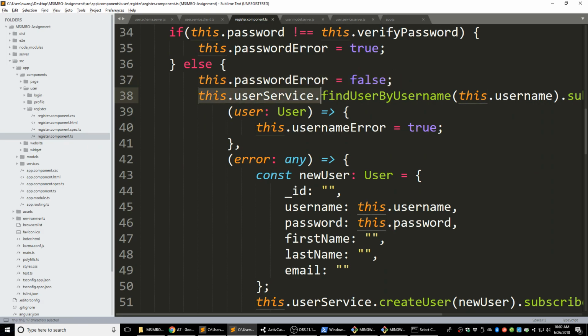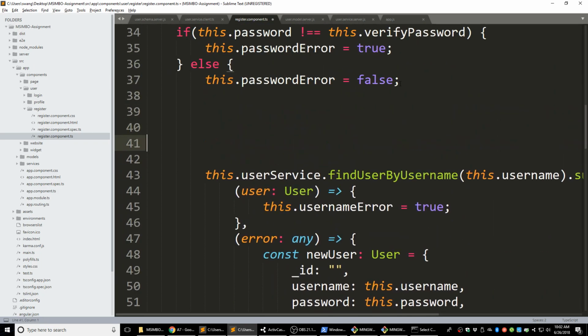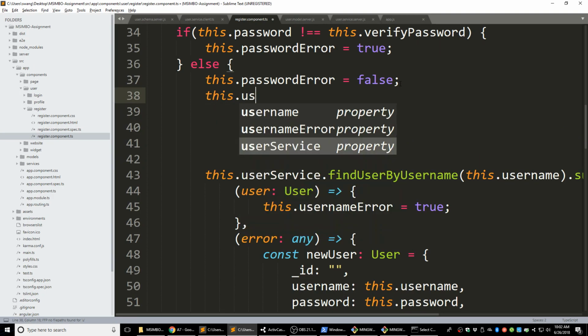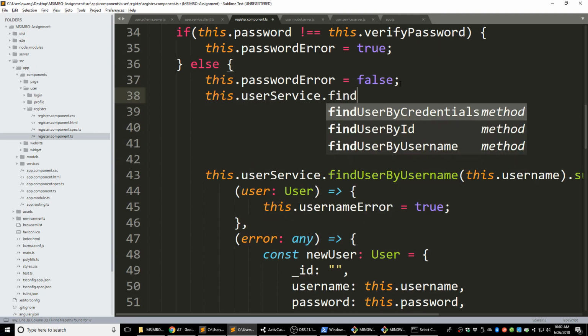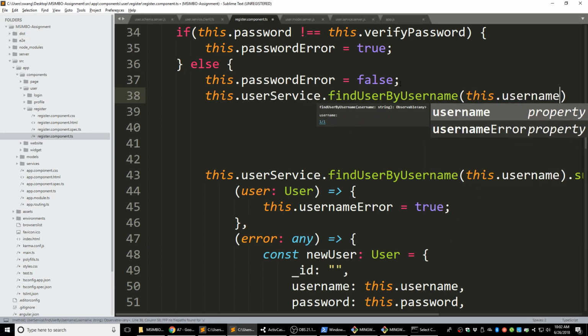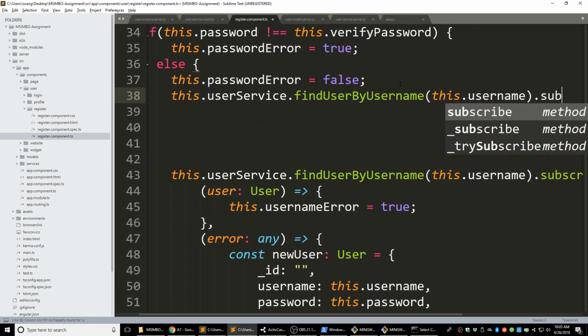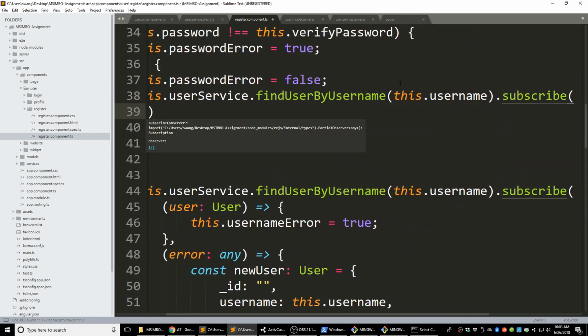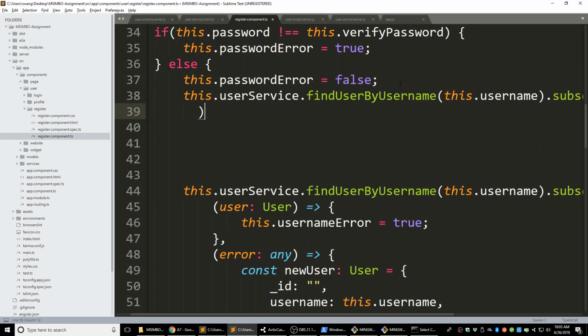And this one is going to send a find user by username to the client side. Okay, we have to change that a little bit. So let's change it a little bit. This is going to be the user service to find the user by username. It's the same thing, and it's going to send this username to it. And it will still be a subscribe. From here it's the same, but